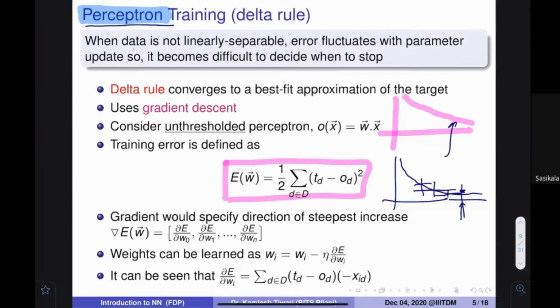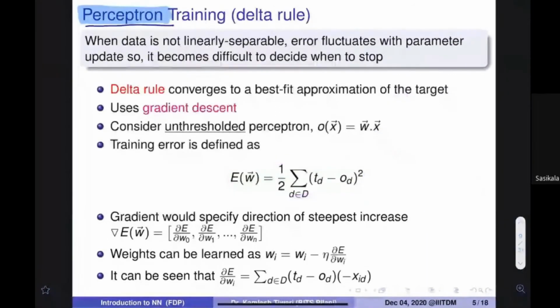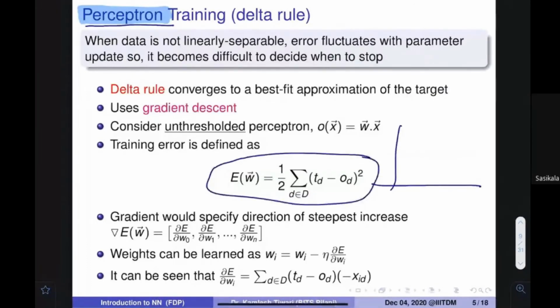This method is sometimes called the elbow method. You see that here the things are very fast, here the things are very slow. So it looks like there is a point where things become slow, and you may stop at this particular moment. These kinds of methods you can apply to find out where to stop. Earlier I was not able to understand where to stop when my data is not linearly separable. So you can apply these methods to cases where there is no linear separability. If your data is not linearly separable, then you can apply these kinds of methods and find the right parameters. Make sense?